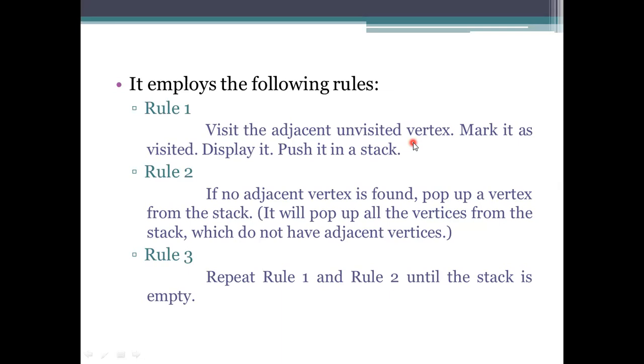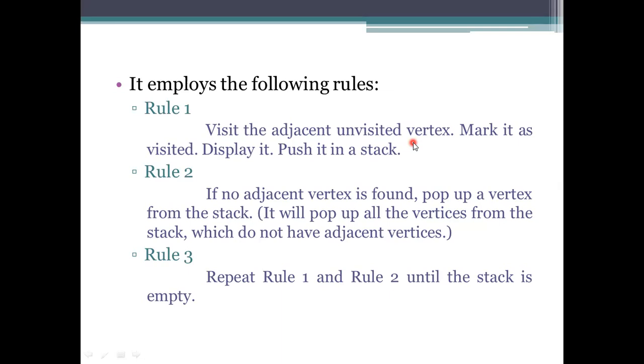As it is having the vertex, we will process it. If no adjacent node is there, we need to pop that vertex from the stack and traverse again.